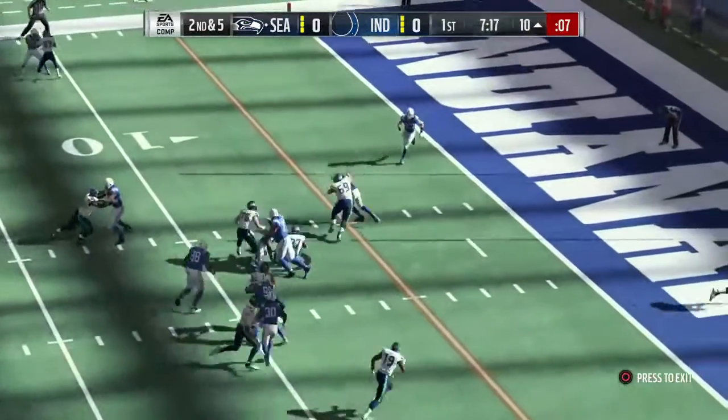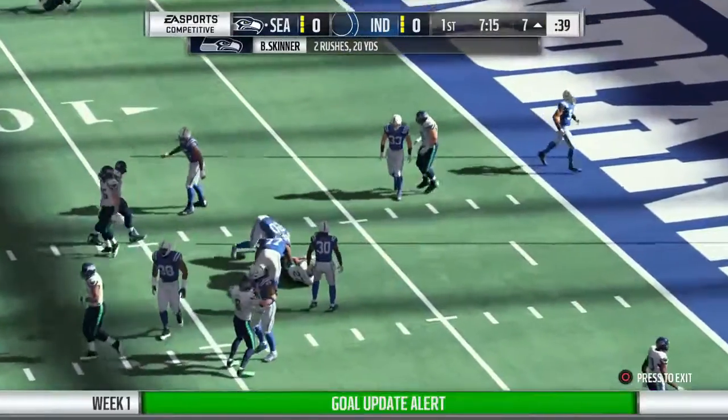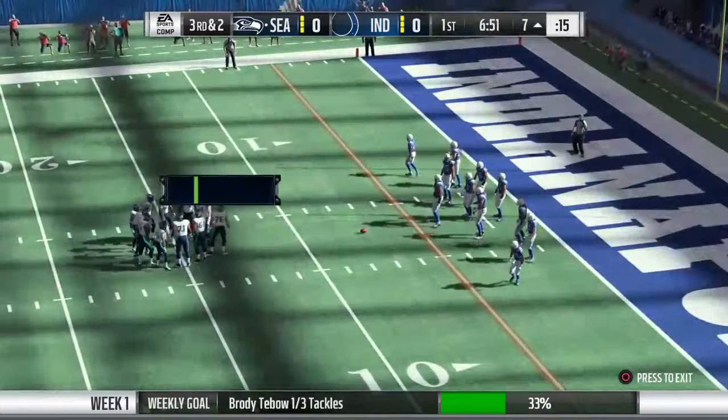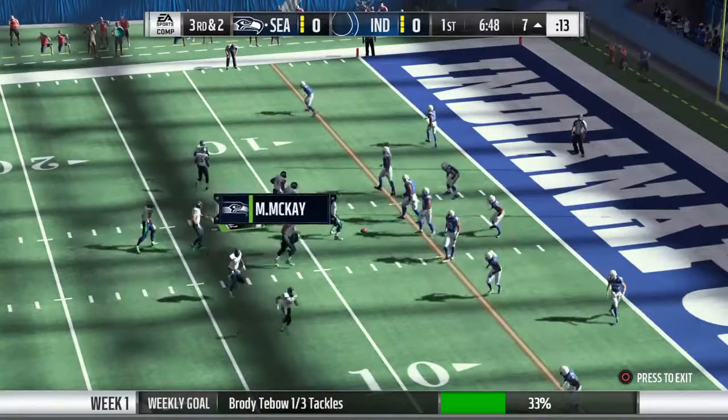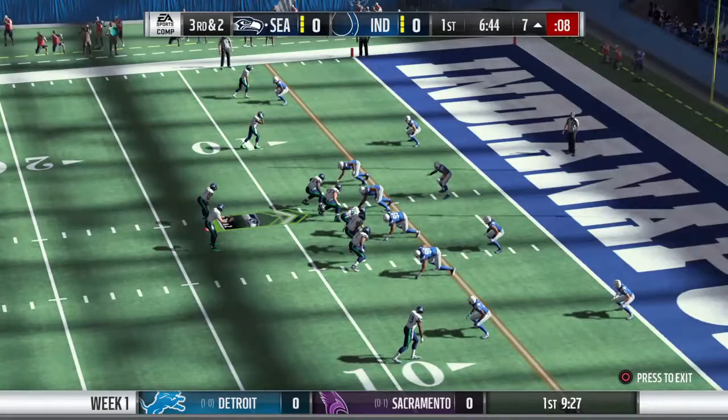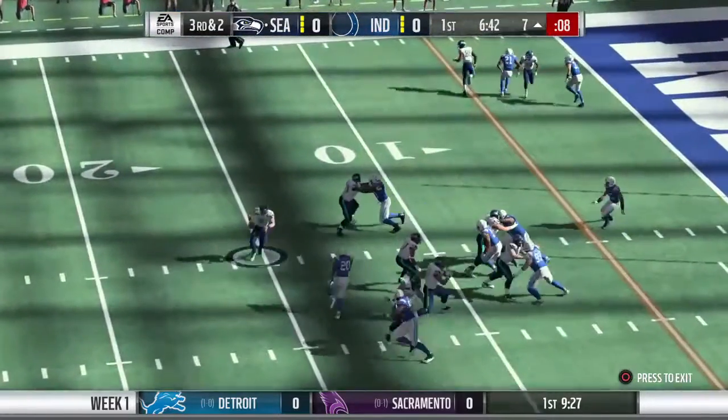They'll run it now out of the gun, and he will maneuver his way down to about the 7. Still a couple yards short of the first as the 3-yard gain brings up the 3rd down. Partner, we know today's NFL is really built around the guy throwing the football. But these short runs, they still pay dividends because...